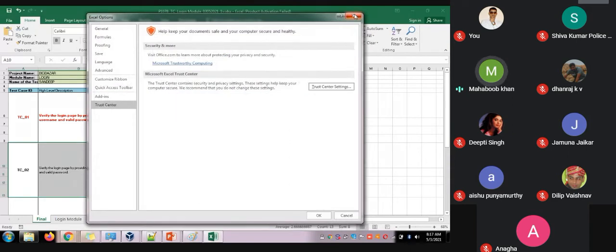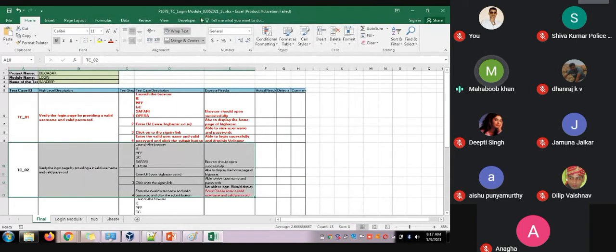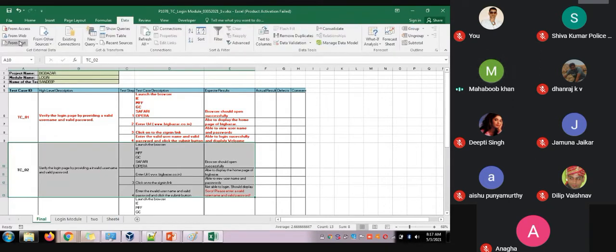Then you will get one add-in here, like developer view. Once you click this add-in, Quality Center will appear here.